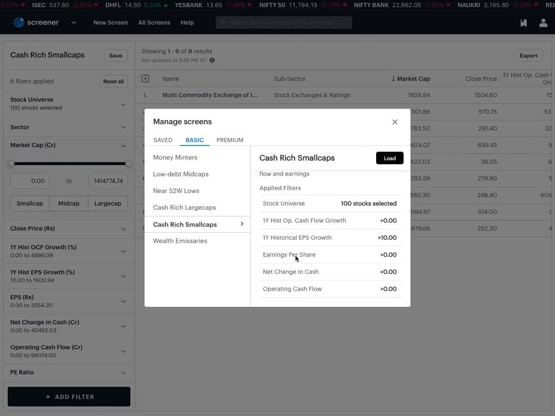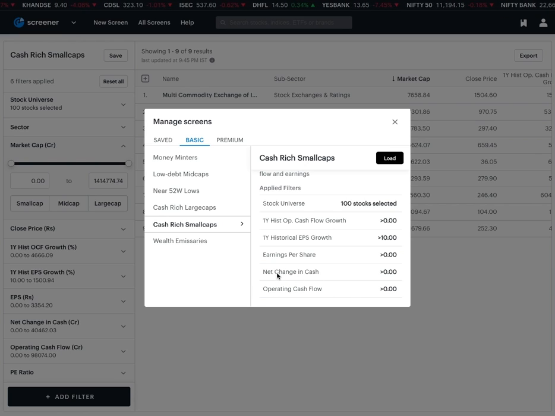Think of it from this perspective that if my EPS were positive, my EPS growth was positive, my operating cash flow growth was positive. But if my operating cash flow is negative, but still EPS is positive, then maybe there is something that is happening after factoring in operations, and let's say maybe from minority interest, maybe from other kinds of cash flow as well. So I want to make sure that my cash flow is positive as well. So this is also a sanity filter that we want to include.